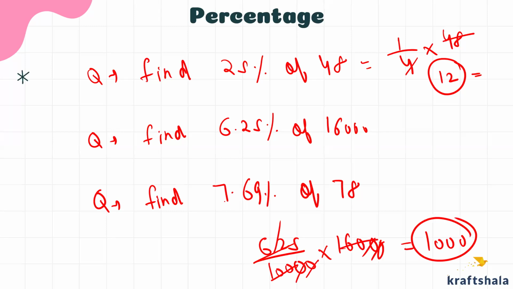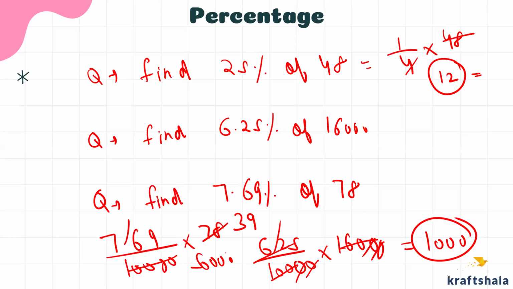As you reach the third question, you will neither be able to apply the first logic nor the second one. Because what is 7.69 in fraction? Hardly anyone knows. If I try to cancel it, I'll not be able to cancel it as well. Because maximum what I can do, 2 3s are 6, 2 9s are 18. That's it. After cancelling by 2, it doesn't cancel any further. Now I'll have to multiply this by this number, then divide by 5,000. It will take a lot of time. So this is the issue, that as the question is getting difficult, the solution is also getting difficult.